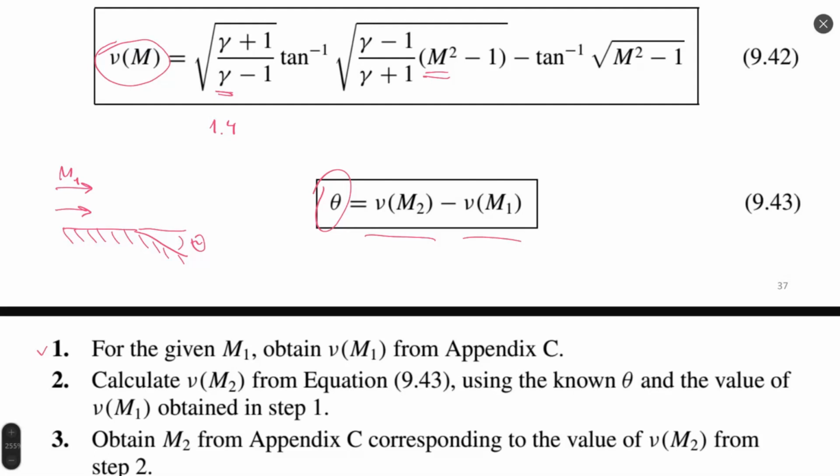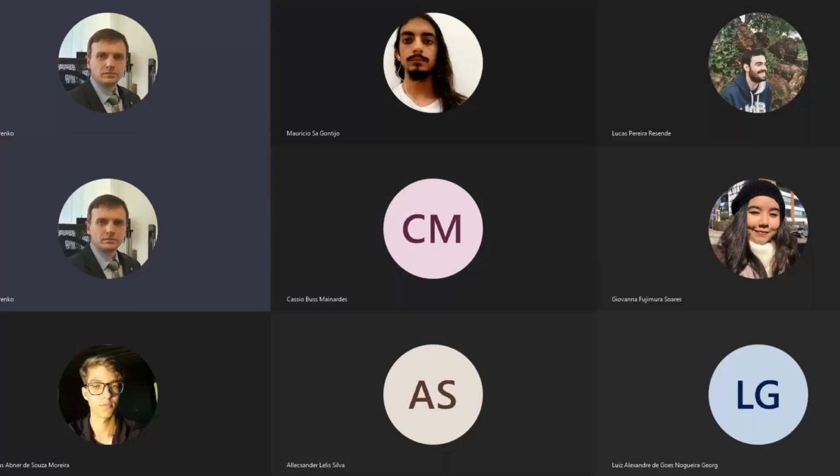Just a moment, I will show you our book and Appendix C, so we can see. It's a relation between gamma and Mach number. Very, very simple. Probably the simplest appendix we may find